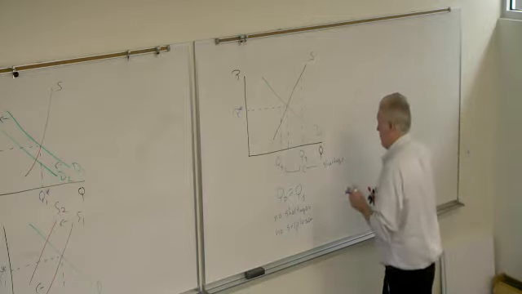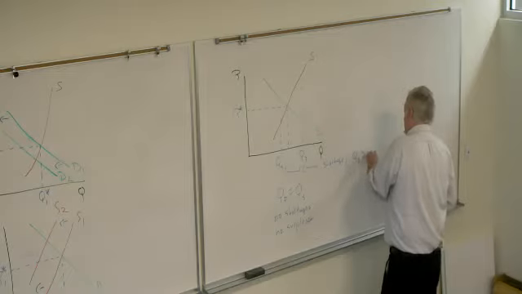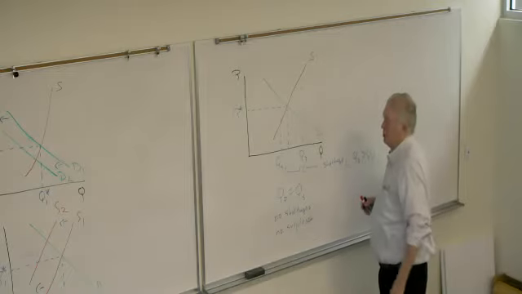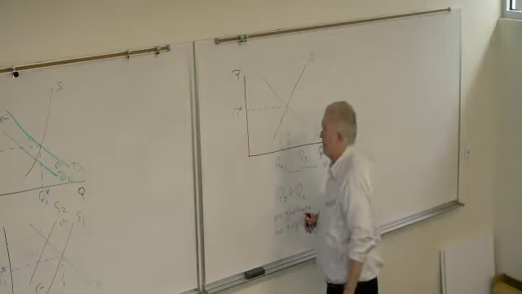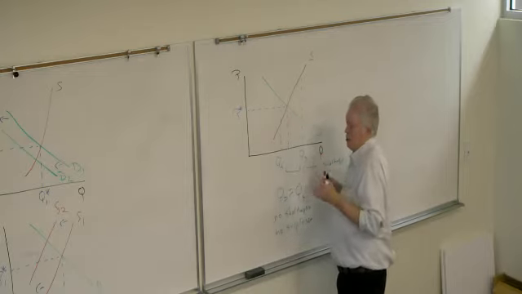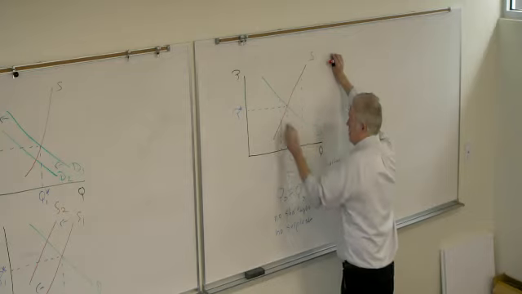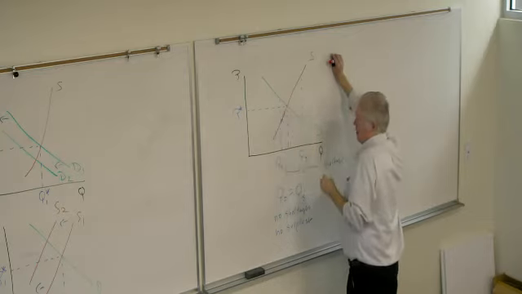So a shortage is simply a case in which what? Quantity demanded is greater than quantity supplied. In other words, it's an out of equilibrium condition, and there's no price that works that will solve that particular shortage. How the shortage is cleared is basically the supply side has to dial up their quantity of supply in order to meet that shortage, because